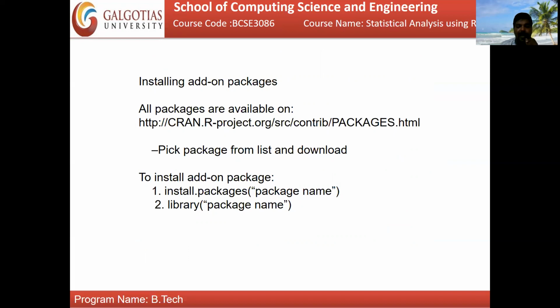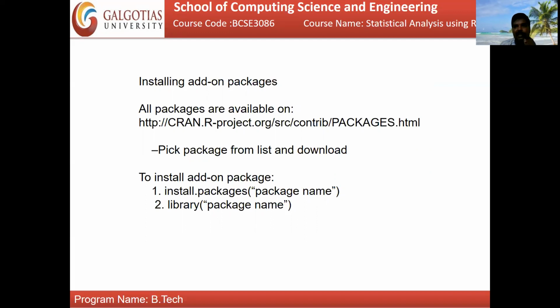Use install.packages with the package name within double quotation marks. You may check the package name. For example, ggplot is one of the packages, numpy is one of the packages, pandas is one of the packages. All these packages are supported from R programming, and Python packages also can be used. These are the example packages I mentioned. All the packages are already available on the CRAN project website. I'll mention the website name; you can go and see it on that website also.